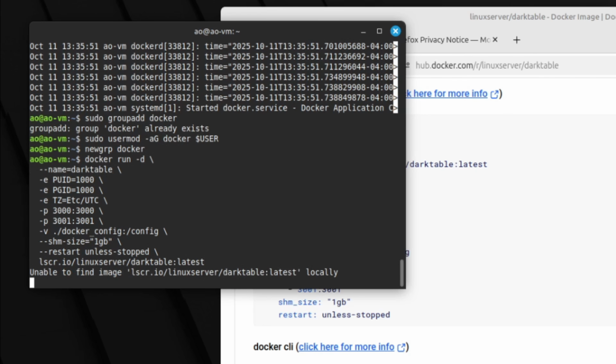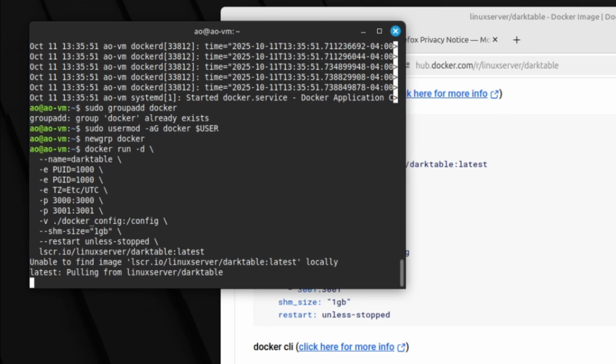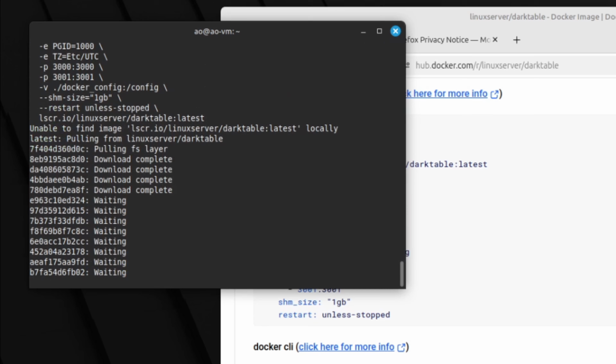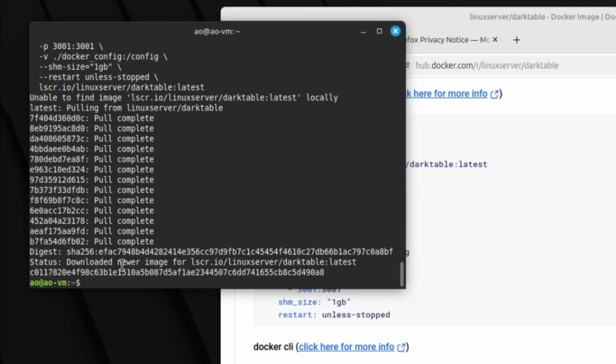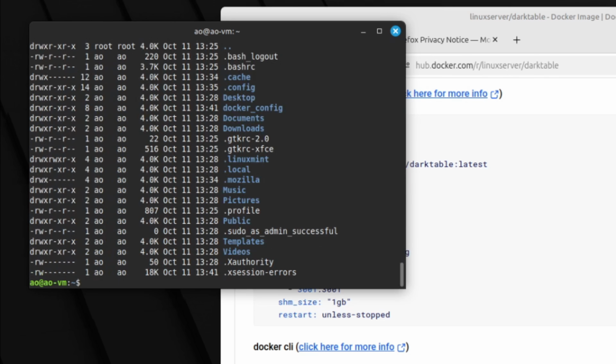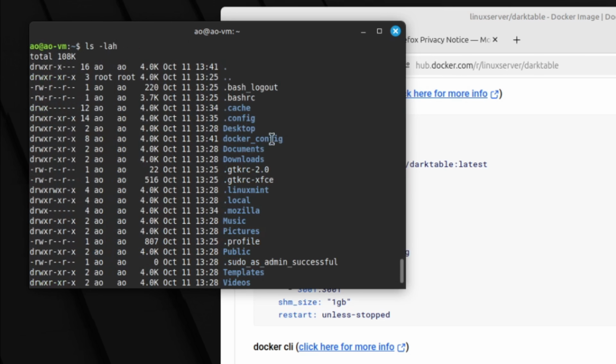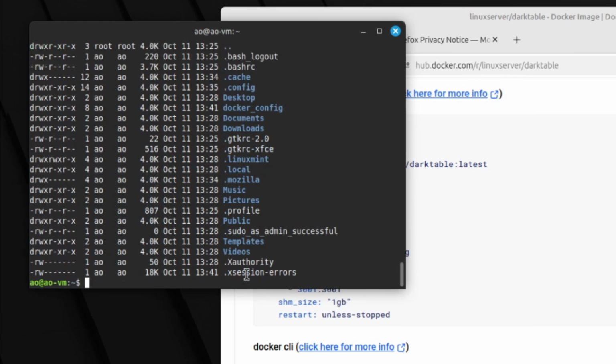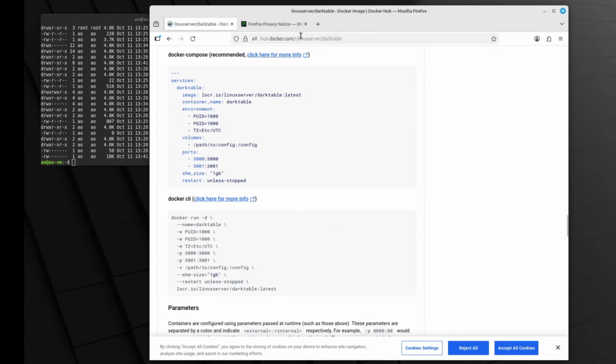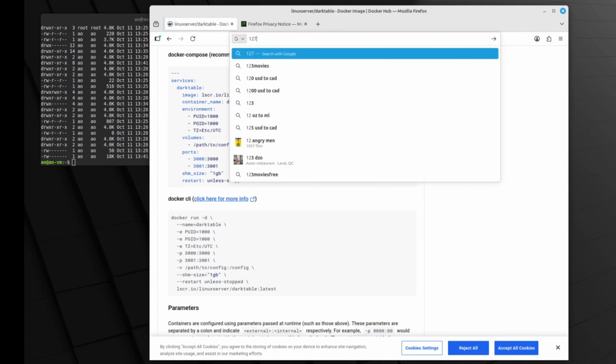Now, when everything is fine, you can press enter and Docker will download the Darktable container. If I press ls, I can confirm that in the current directory, there was a folder named docker_config that was created. Now it's time to see if everything is working, so you can open your web browser and in the URL bar, you can type